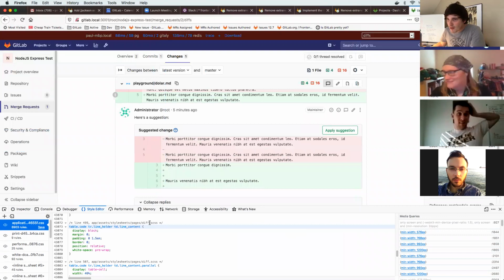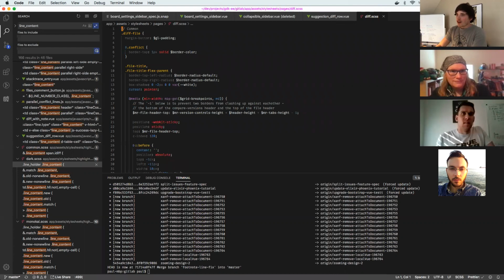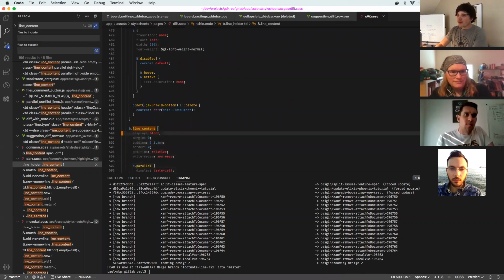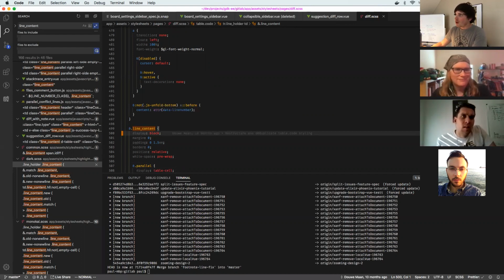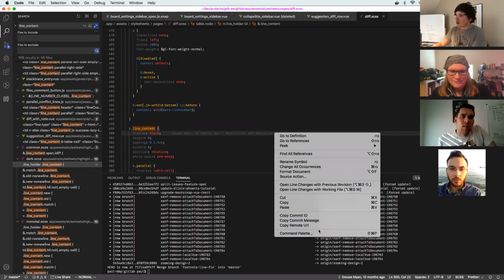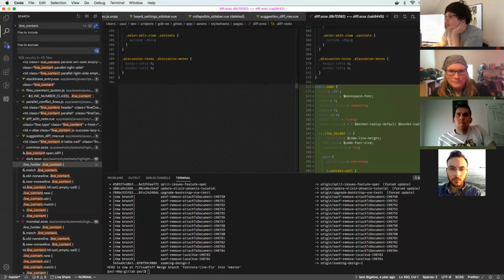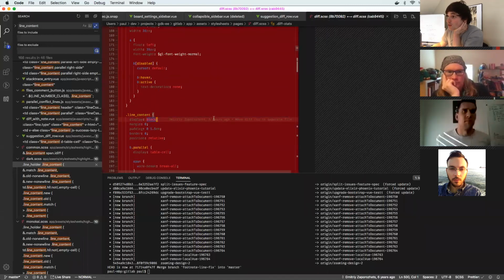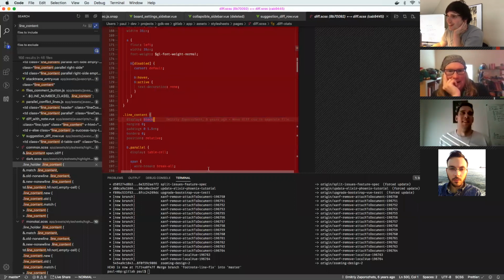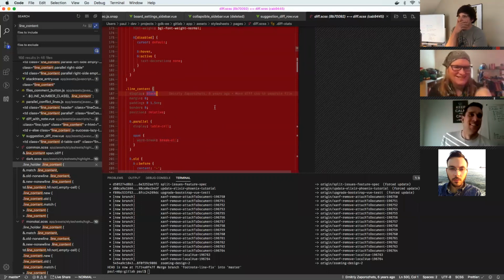In line 499 of diff.css. This was introduced 10 months ago. Restructure and deduplicate table.code style. Okay, let's compare with previous revision. Table.code is doing stuff. Back here, line content seems, oh, this is from 6 years ago. Wow. Deleted immediately. So I wonder if it's because of,